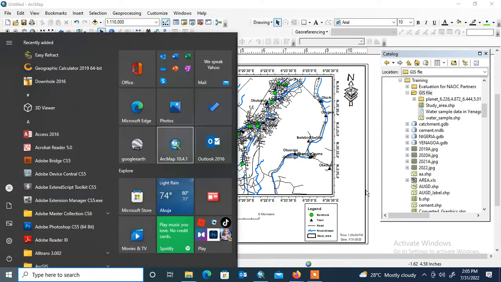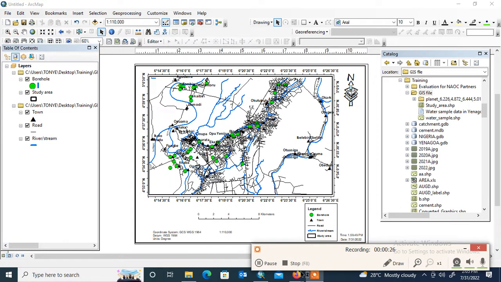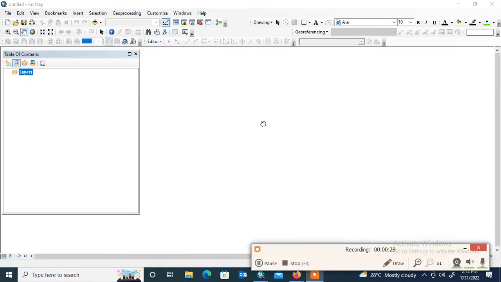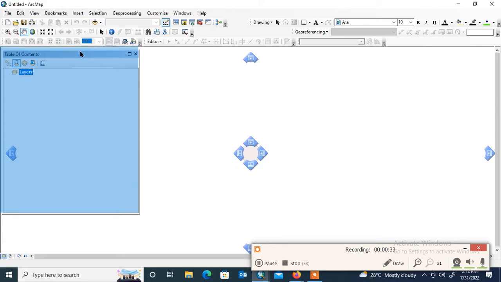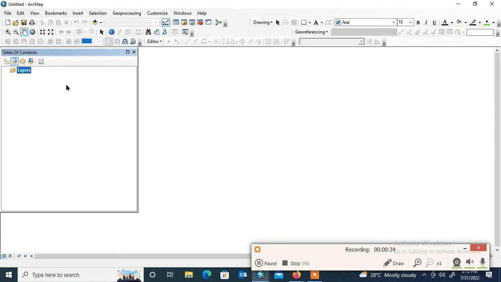Click on it. It will load. Okay, what I just launched has worked. So first, I have to ensure that the settings are on projected coordinate system, and I want to do the setting for projected coordinates so I can carry out analysis with the data I have. So what I have to do is click on layers, come to properties,